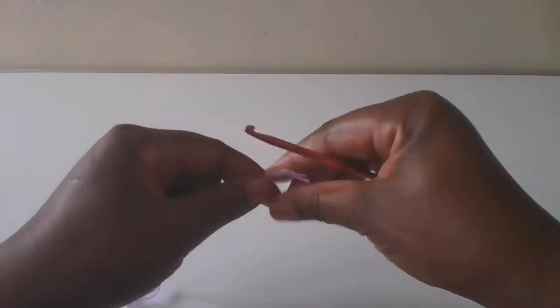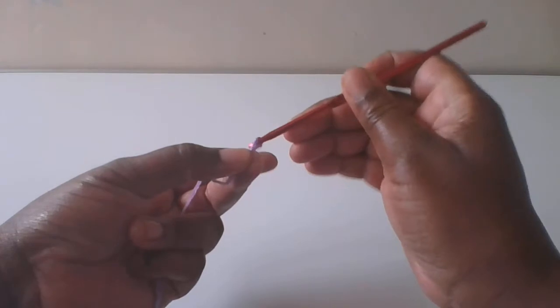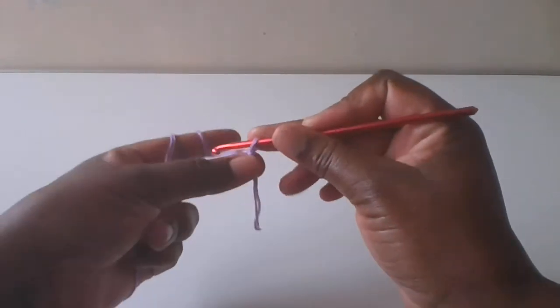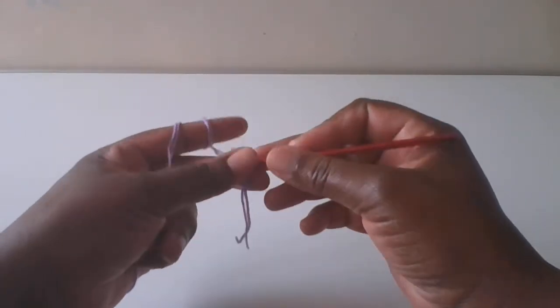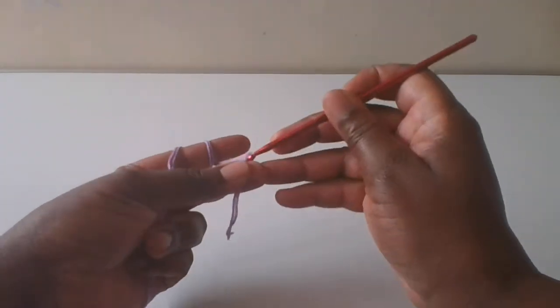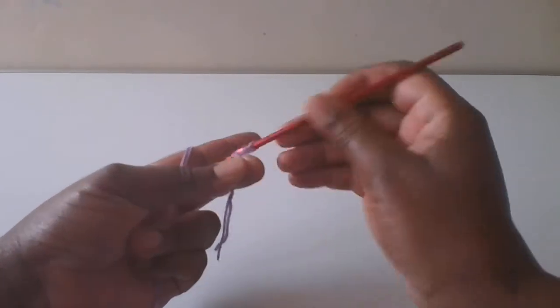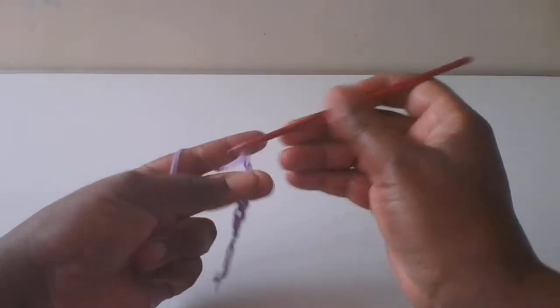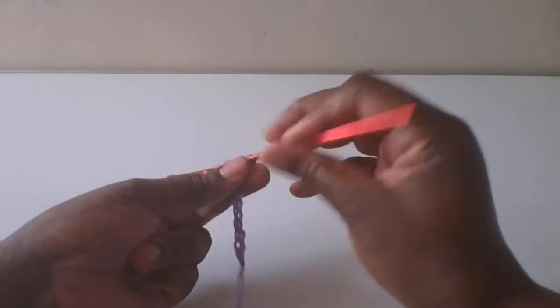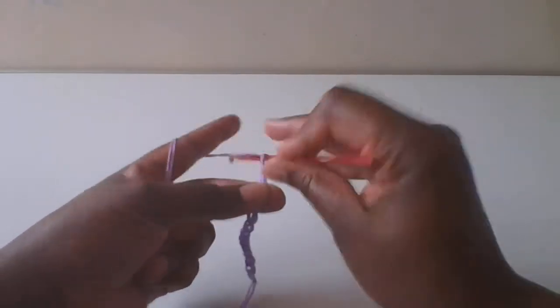Remember, it's a summer skirt. You will need to start with a chain, and I'm going to make a chain of 100 because I'm making a small size. Start making a chain. This is 1, 2, 3, 4, 5, 6, 7, 8, 9, 10, 11, 12, 13, 14, 15,